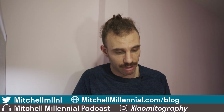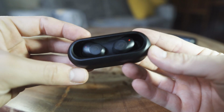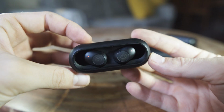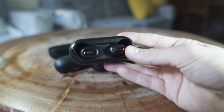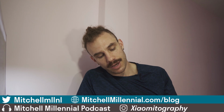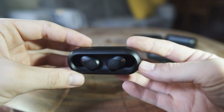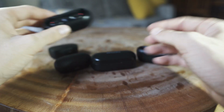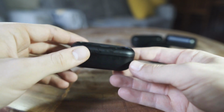Now, just like all of my other reviews, we're going to start with the design. And the design of the case is very reminiscent of that of the XIAOMI T1C. It's a little bit smaller than the XIAOMI T1C, although it does house an identical size battery. It does come with a non-detachable USB-A port, so you can go ahead and plug this into your computer or your phone charger, whatever you may have to